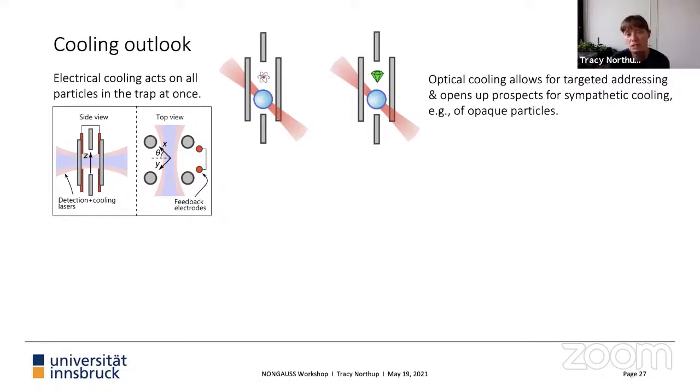Or you can imagine in the second sketch that you see here, a little diamond, which is supposed to indicate a nitrogen vacancy center or some other defect that's embedded in a particle. That would be a kind of particle that might heat up a lot by itself and actually just evaporate in UHV if you decided to put too much laser power there. But instead you could cool a silica particle, which would be much more amenable to cooling in ultra high vacuum, and use sympathetic cooling in order to cool your more delicate opaque particle.